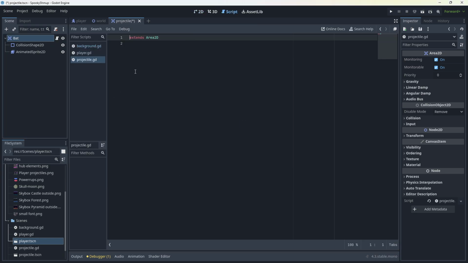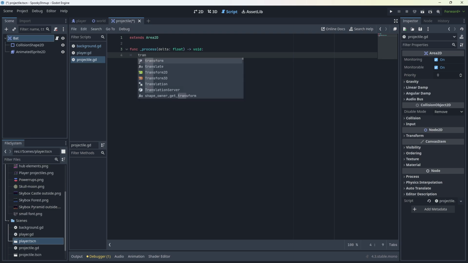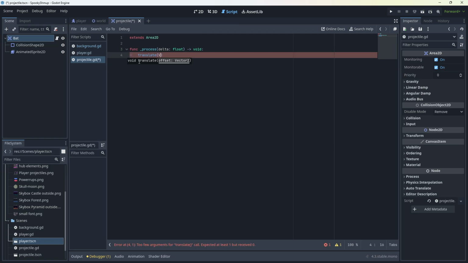Projectile code, underscore process, translate, vector 2 dot right times speed times delta. Var speed equals 500. This is our projectile. To make it